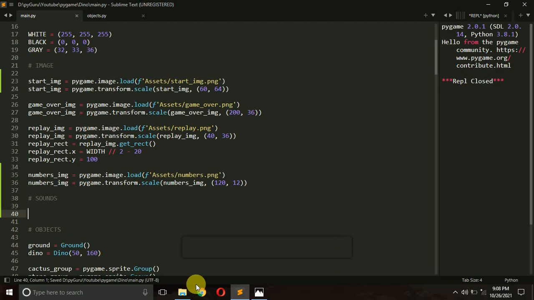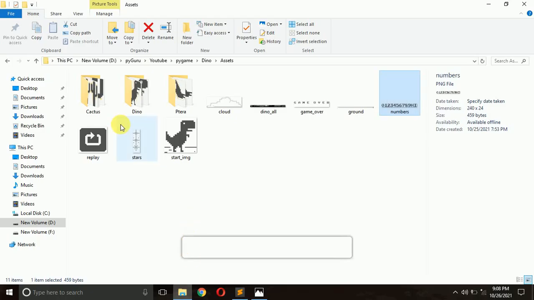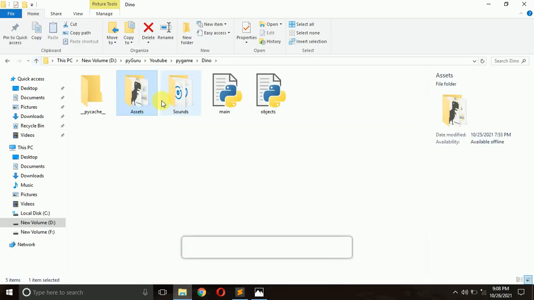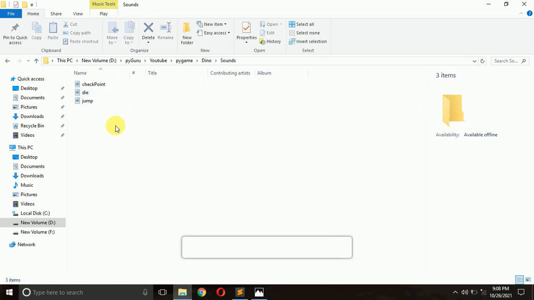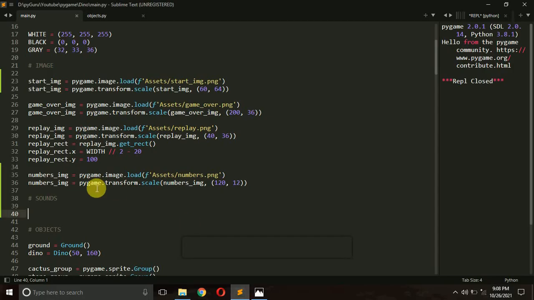There are 3 music effects that I want to add in my game, and again these are inside the sounds folder. So first of all, we have to load them. So jump fx, this is my variable name. Again, you can create any variable name. Jump fx equals